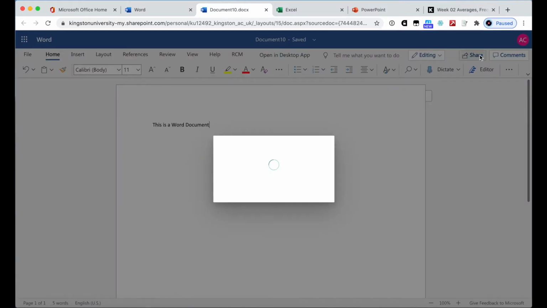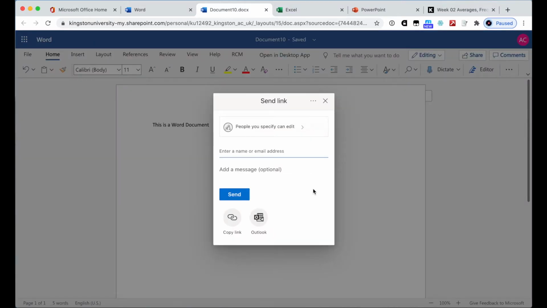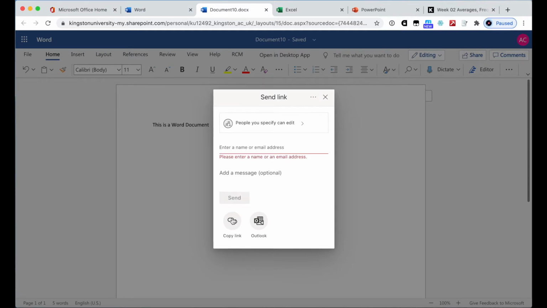If I tap on the share icon, I've got some choices here. I can invite a particular person or people, and I think the option that's particularly interesting is this one here which says copy link. So now if I select copy link,